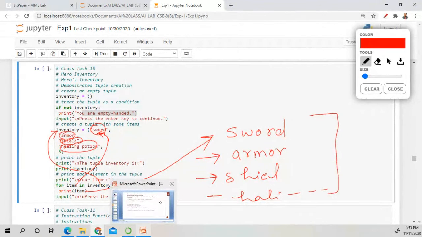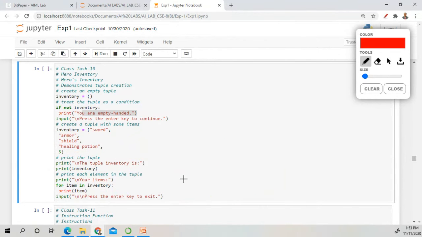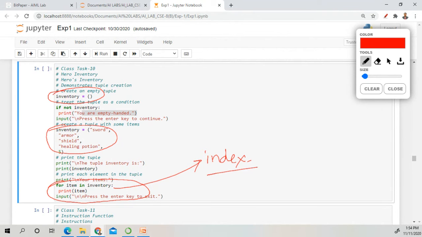Have you understood this? In this program, we have learned how to create a tuple: how to create an empty tuple, how to create a tuple list, how to use a for loop to display the tuple values, and how to use indexing of these tuples.